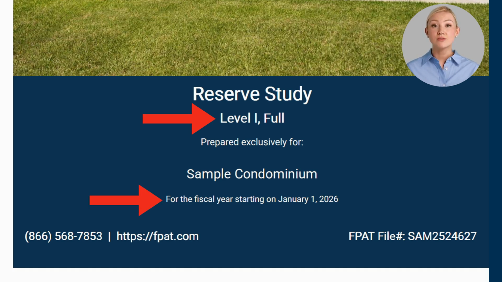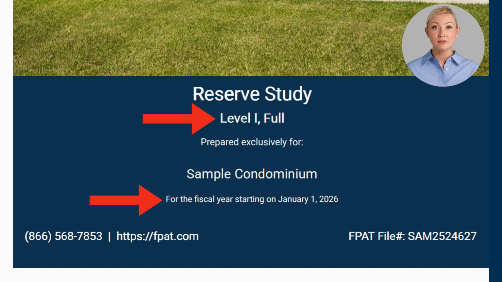Second is the budget year for which the study was prepared. This lets you know exactly which fiscal year the numbers and projections are aligned with, so you can be confident your planning is based on the right timeline. With those two details, the engagement level and the budget year, you'll have the context you need before diving deeper